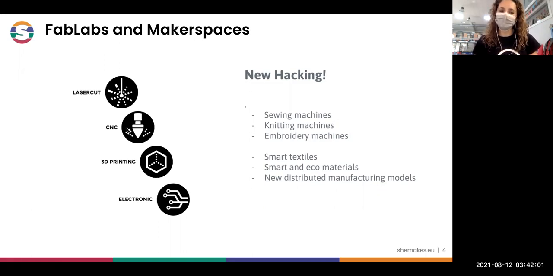We have some CNC, we have 3D printers, we have some electronics, and of course the new hack machines are coming, like the sewing machines and the knitting machines, which are electronic, but we cannot connect them properly to a computer. But in the Fab Labs and in the makerspaces, we can hack them and use them to make some nice garments.